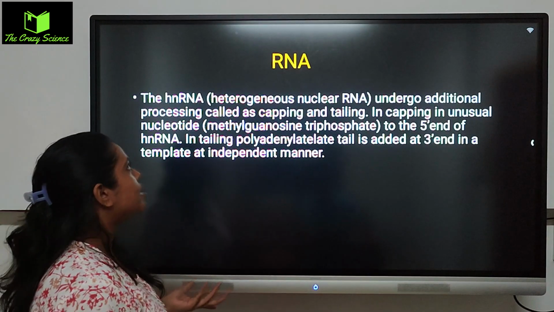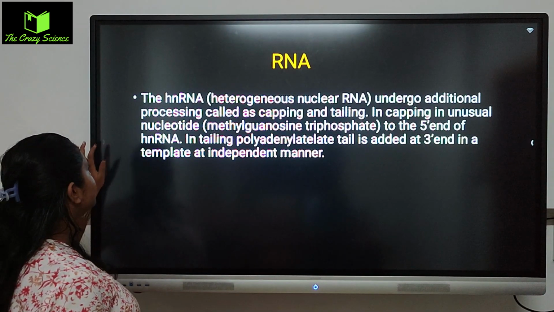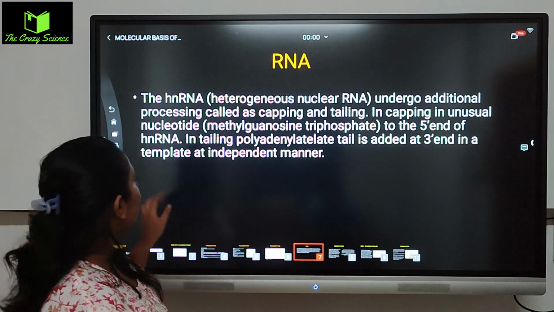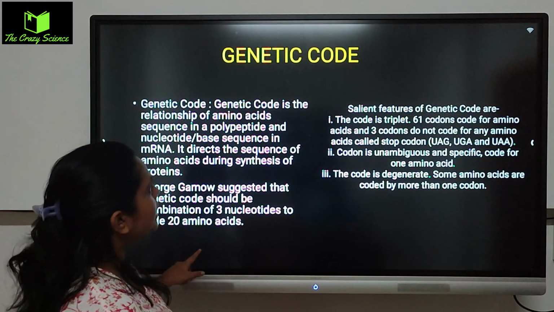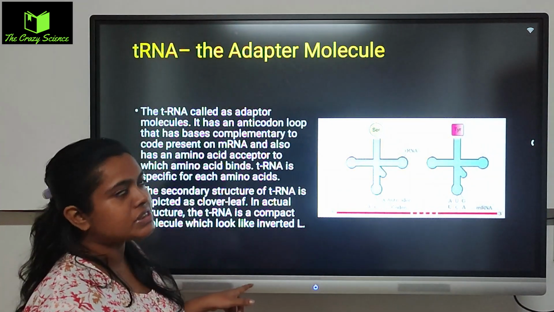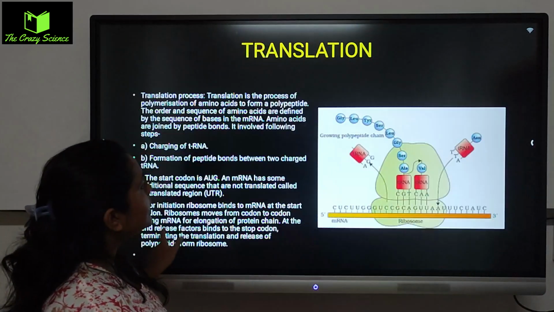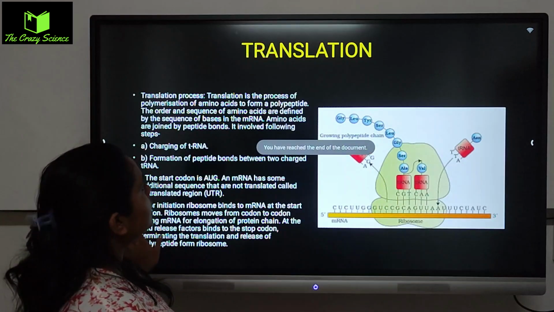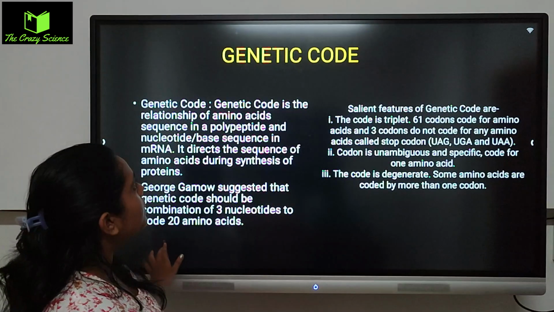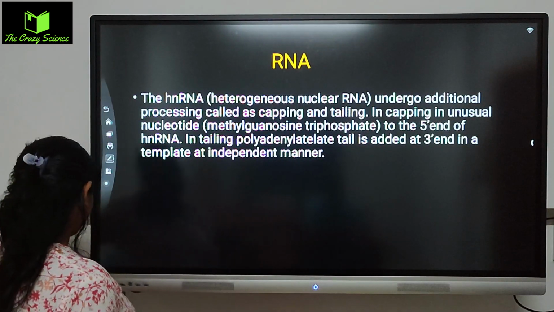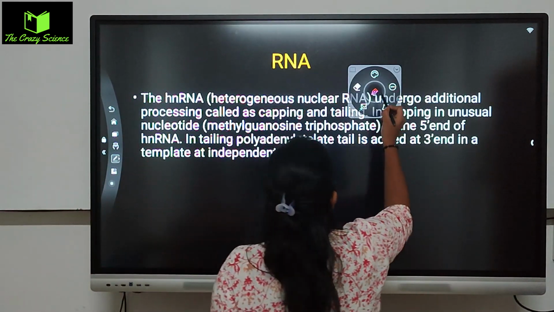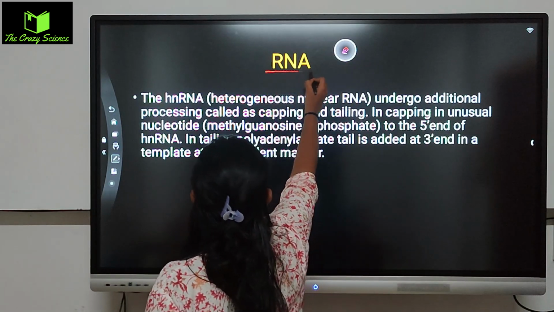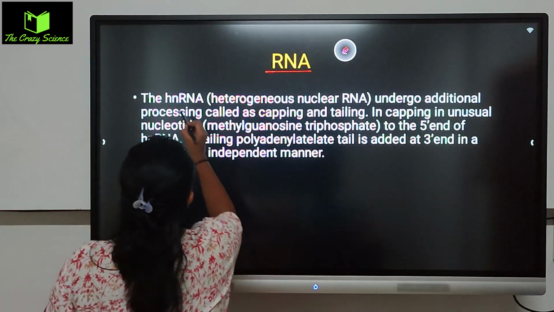So RNA, we know hnRNA. Today I will talk a little about RNA. After this, we'll see more on the genetic codon in the next video, along with adaptor molecules and translation. Translation is very important, but before that you have to know what RNA is. RNA means ribonucleic acid, and hnRNA means